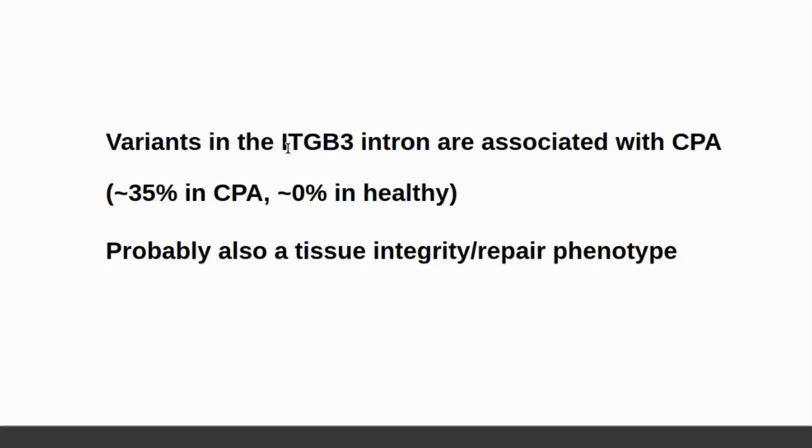So that's a major gene that underpins susceptibility to chronic pulmonary aspergillosis. It virtually never occurs in healthy individuals, so this is a really strong difference. And again, this is a tissue integrity or a repair phenotype, same as we saw with those epithelial cells with holes in. This gene is involved in how cells stick together, and how they repair and fix themselves. So it's a really important physical attribute of the lungs of people with chronic pulmonary aspergillosis.